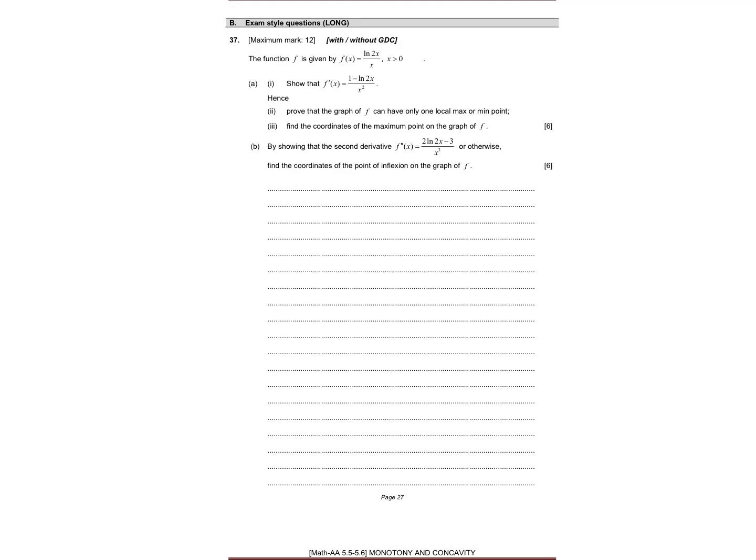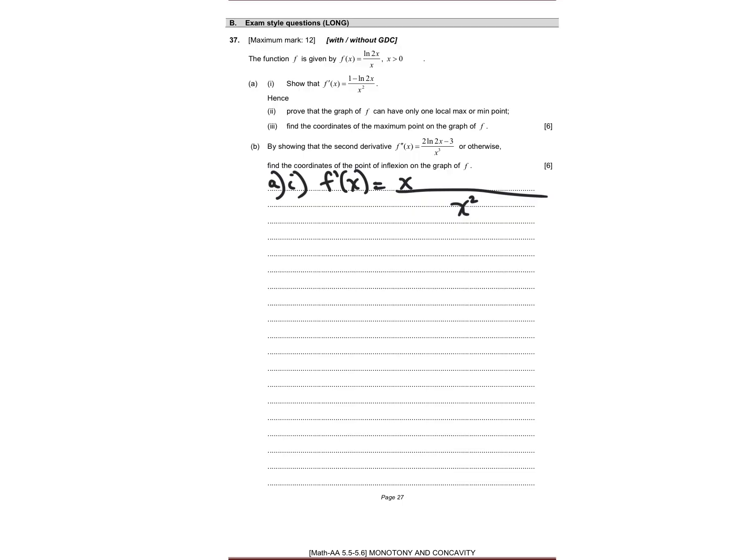Okay, the function f is given by that, x greater than 0. Show the derivative is that. Okay, so we are going to do quotient rule. So we're going to have x squared on the bottom, v on the bottom, and we start with v as well,